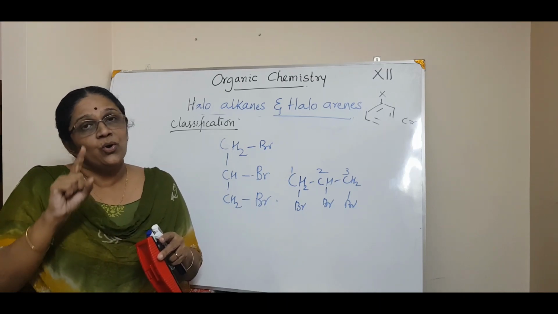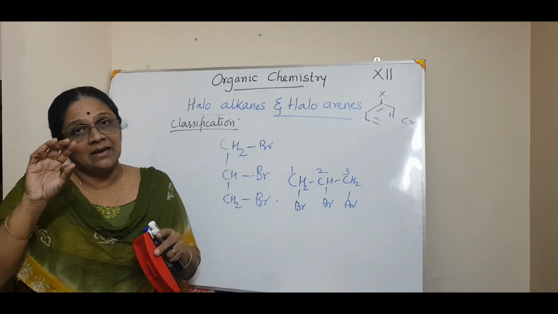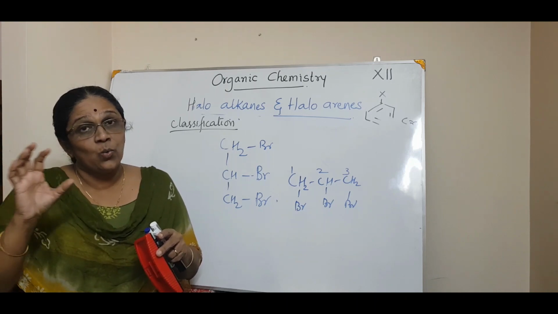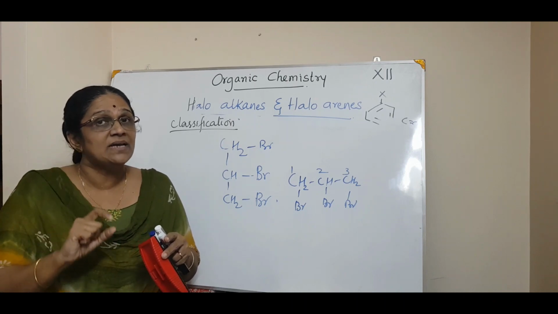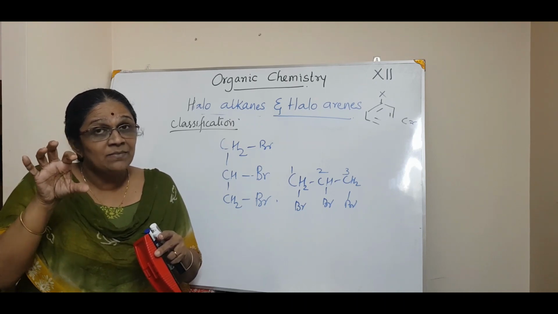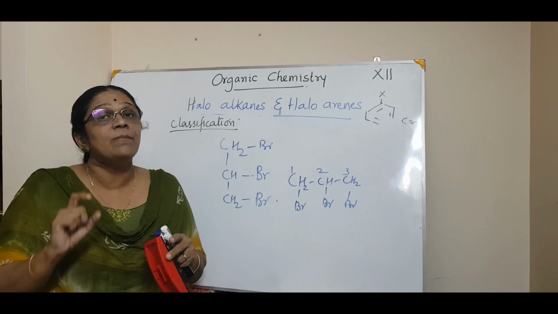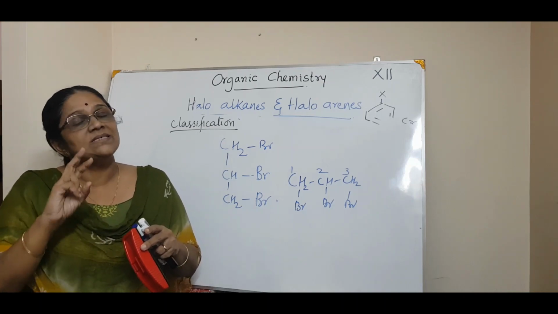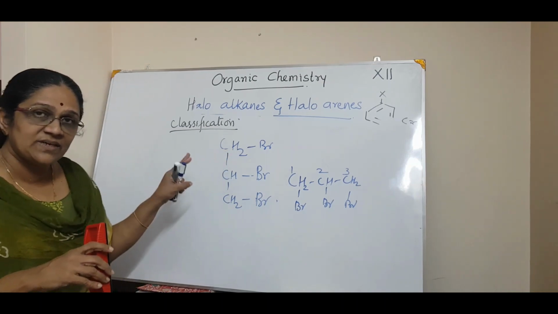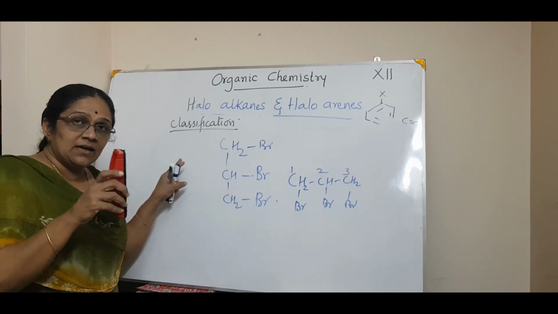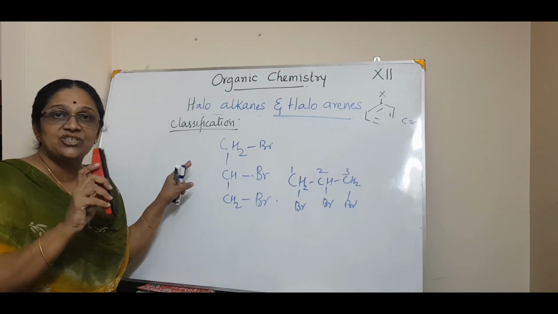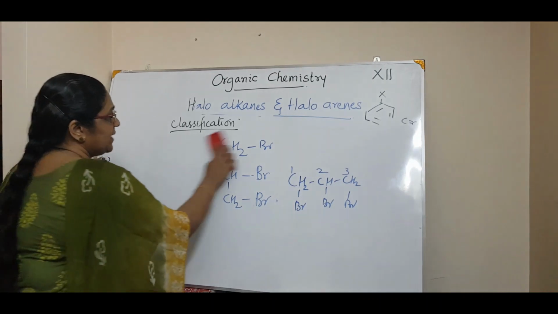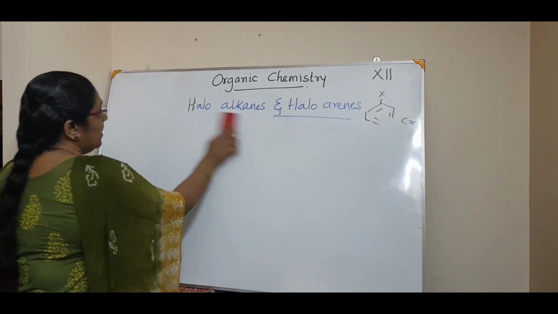And also, you can link the halogen atom with an sp2 hybridized carbon atom. What is sp2 hybridized carbon atom? The halogen atom is directly connected to a carbon-carbon double bond. So, these are the classifications. Now we will first see the classification based on the sp3 carbon halogen bond. We will see in detail how it goes.